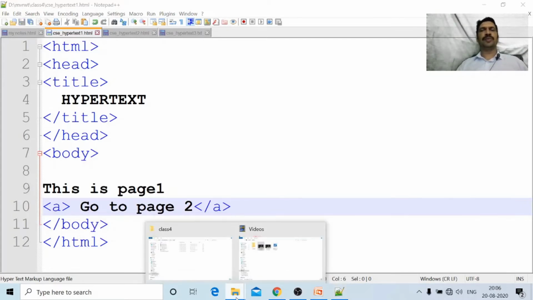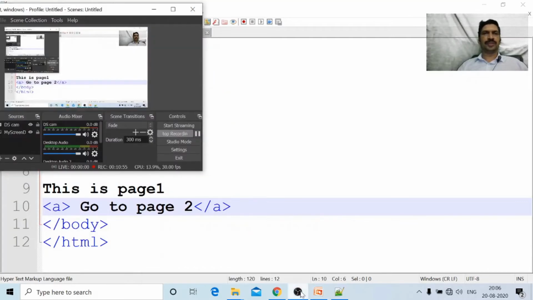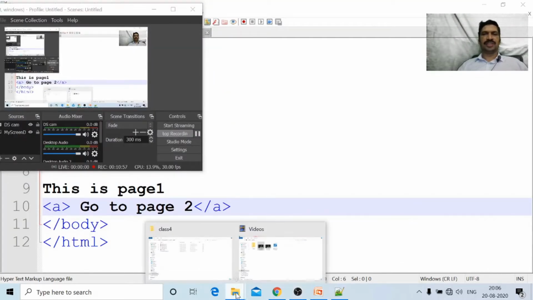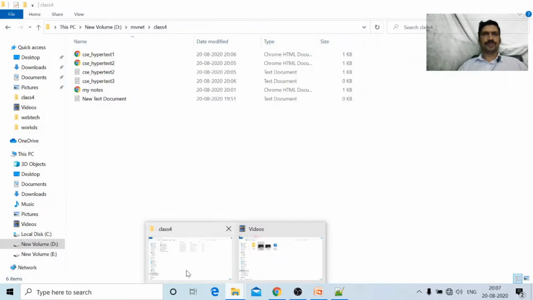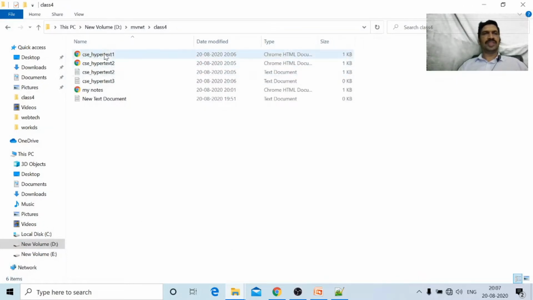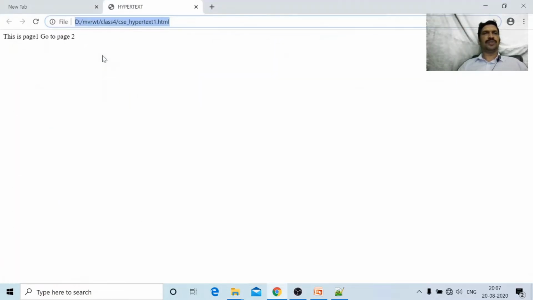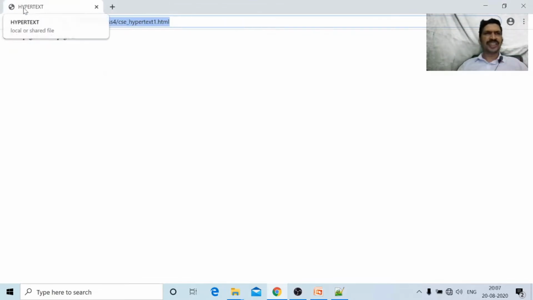I am opening the file in the browser, in Chrome. See here, what is the title? Hypertext is the title of this web page. This is page 1. Go to page 2.